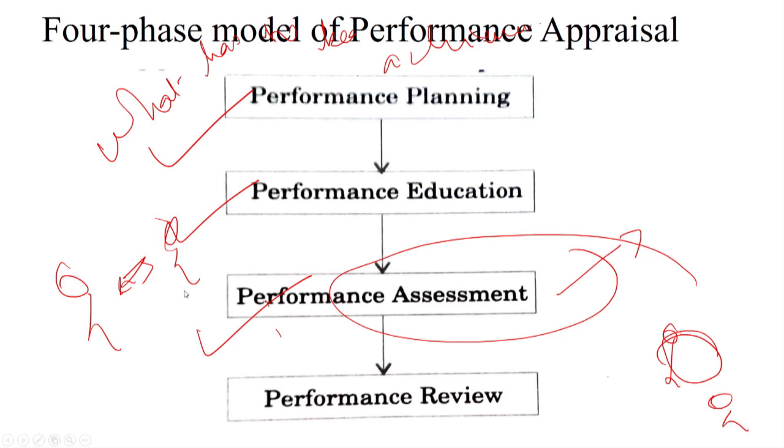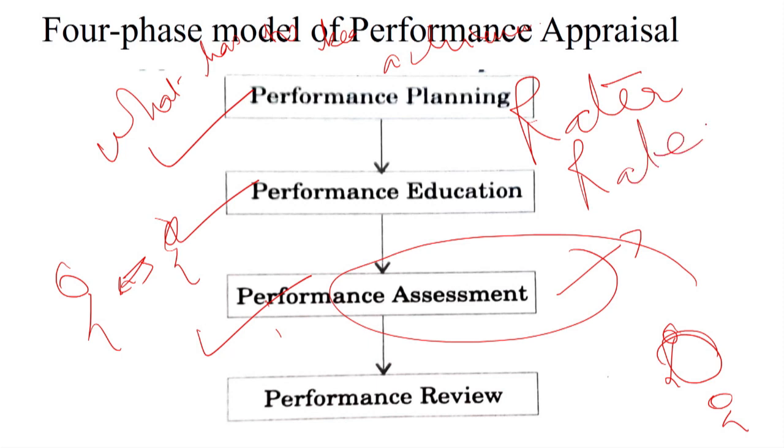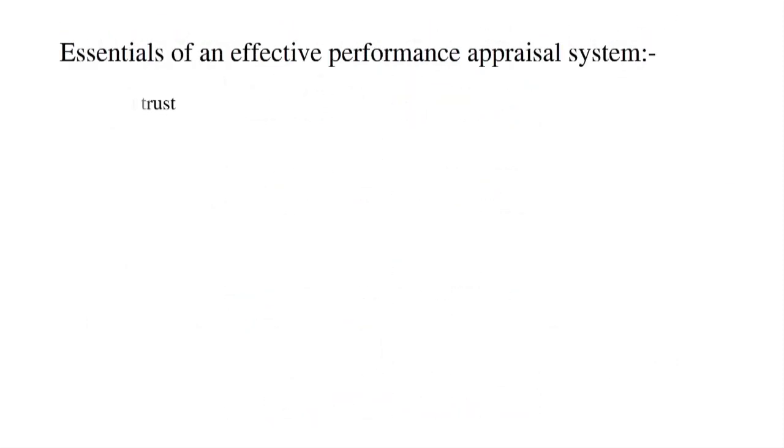One has to bear in mind that in the case of performance appraisal, there are ideally 3 parties. One is the rater, the person who is going to appraise. One is the ratee, the person whose performance is getting evaluated. And lastly, there is a concept known as the rating, which is basically the entire process of performance appraisal. So at any point of time, if you come across these words, you should not get confused. So this was the 4-phase model of performance appraisal.